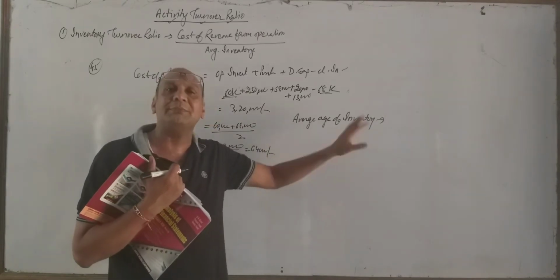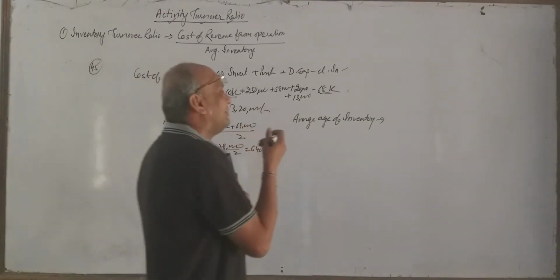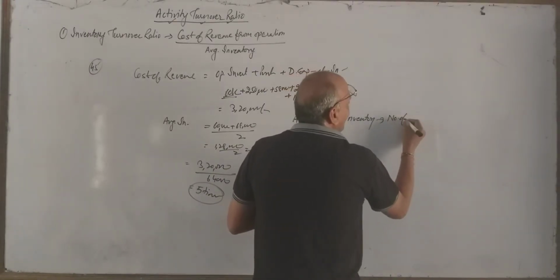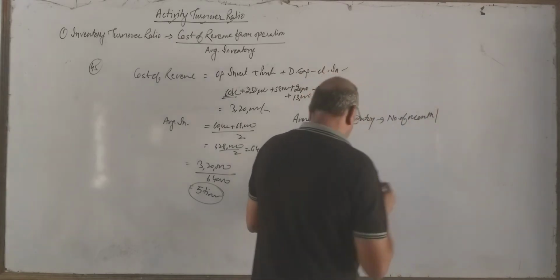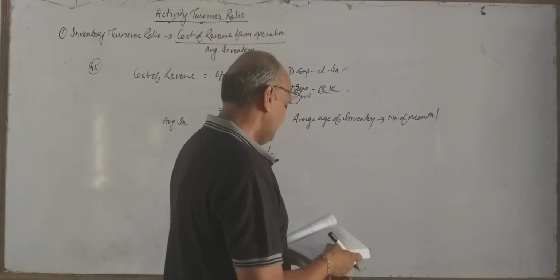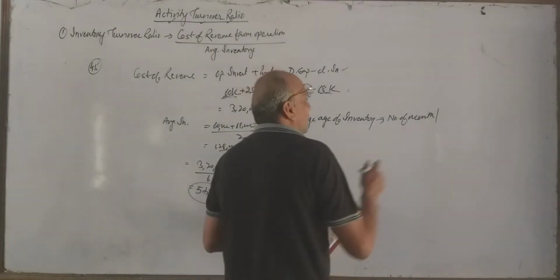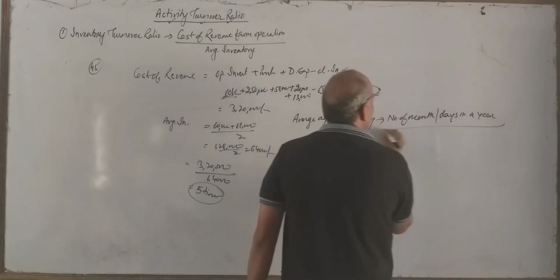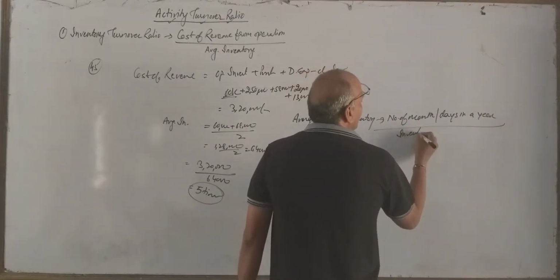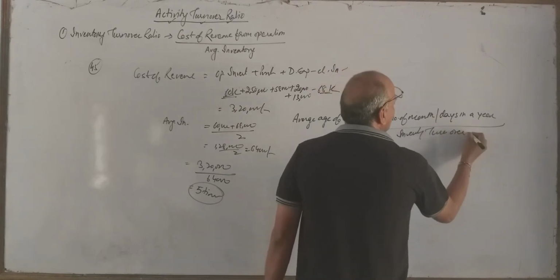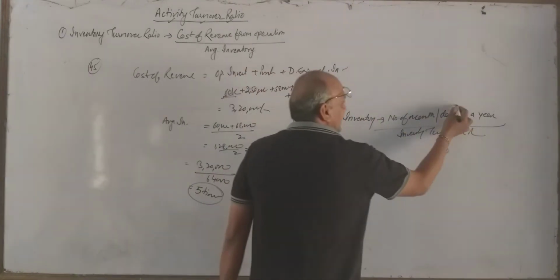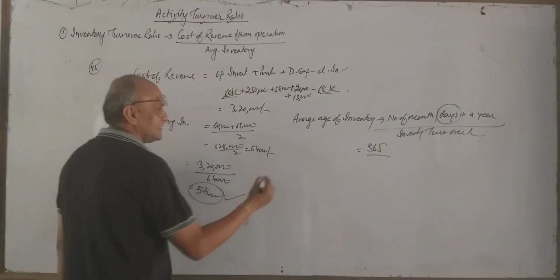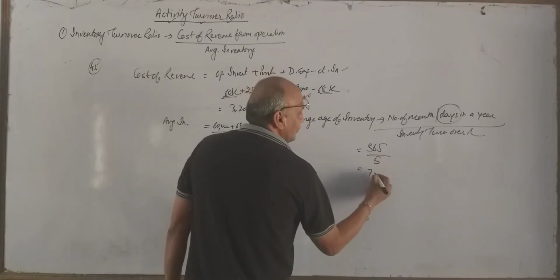कितने दिनों में या कितने महीनों में इसको हम मार्केट में बेच देते हैं. तो how to calculate it, my dear? It will be calculated in this way: number of months or number of days in a year divided by inventory turnover ratio. Like if you want to calculate in days, so 365 divided by inventory turnover ratio, तो it comes